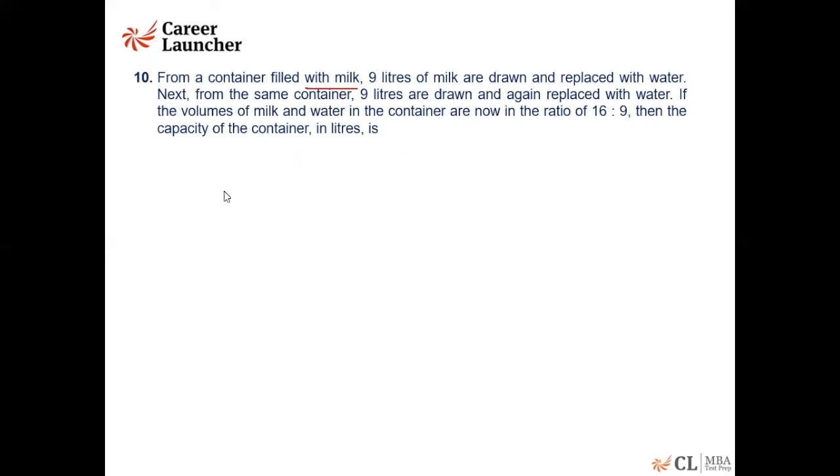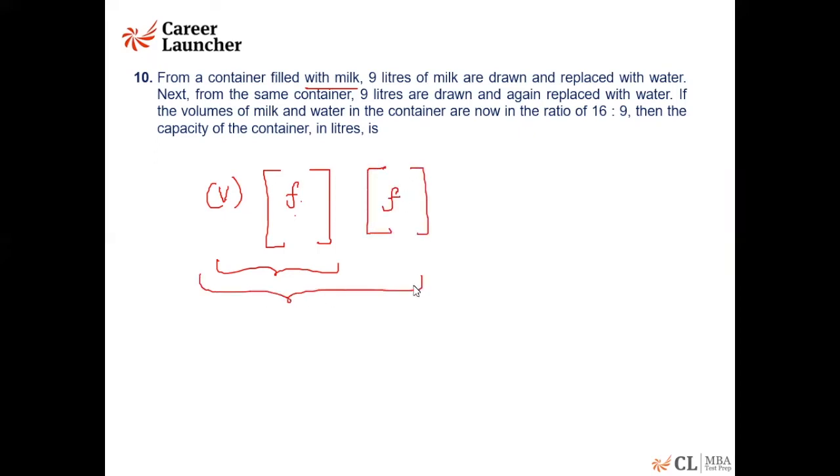So basically, there was a volume of milk, which happened to be the volume of the container V. You are removing some fraction out of it. So whatever is left behind, let me call that F. So this fraction is left behind, which implies F into V is the amount of milk at the end of the first process. And now you're replacing it with water. This process is getting repeated again. So this gives you the total amount of milk at the end of 2 operations, which happens to be equal to 16 by 25 times V.